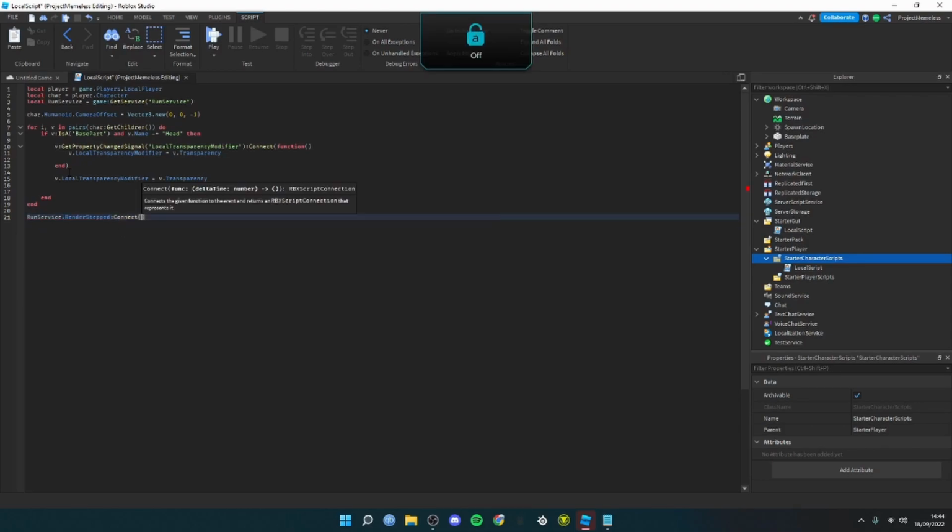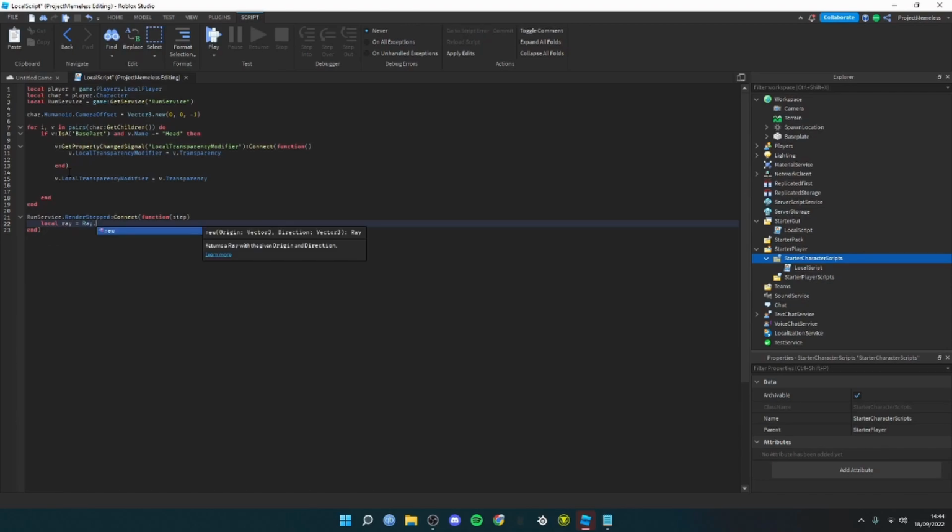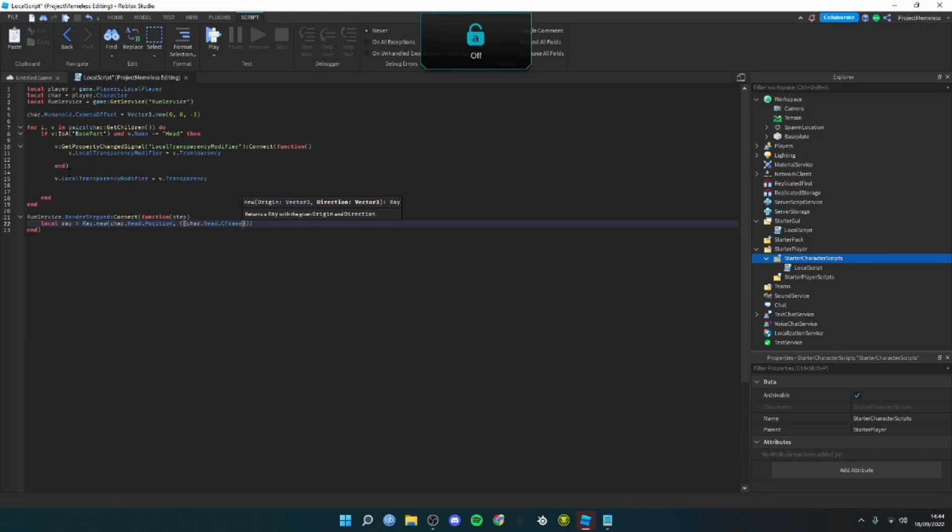RunService.RenderStepped:Connect(function(step) local ray equals Ray.new(character.Head.Position, (character.Head.CFrame + character.Head.CFrame.LookVector * 2) - character.Head.Position).Unit